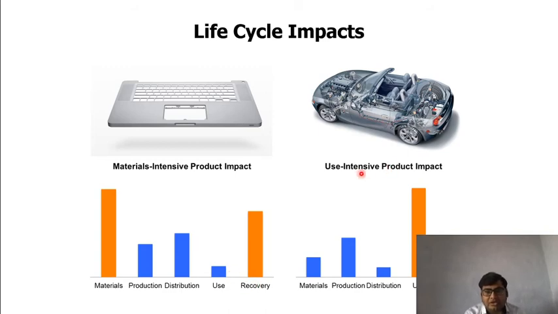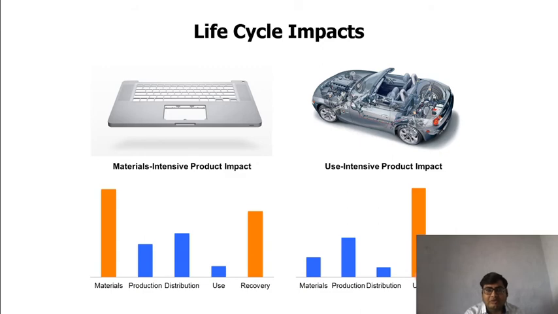While use intensive products affect the environment badly during their use. For example, a car. A car's material is metal, and it can be reused. Metals can be reused and easily recycled. So the material production and distribution will not affect the environment on a very large scale, but use will, because we